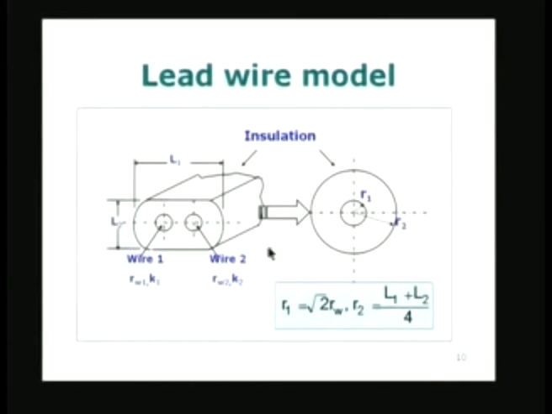So, what I am going to do is look for an equivalent single wire model. An equivalent single wire model would replace this arrangement at the left, which shows the actual arrangement, by a single wire of radius equal to R1 surrounded by a single cylindrical annulus, which is an insulating layer of radius equal to R2.